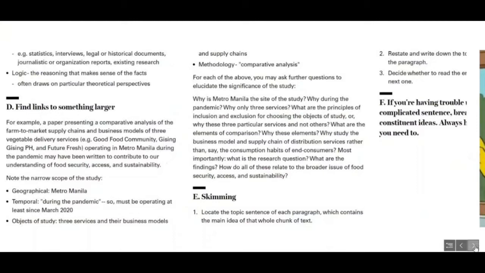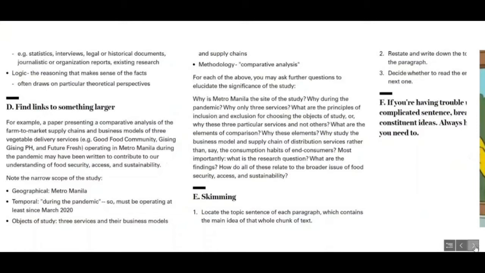Tapos kalat-kalat na siya na coming from different time periods, coming from different geographical contexts. It's hard to make a clear and limited argument from data that has been gotten from anywhere, wherever, whenever. So you limit the scope of your study so that you also limit the scope of your data